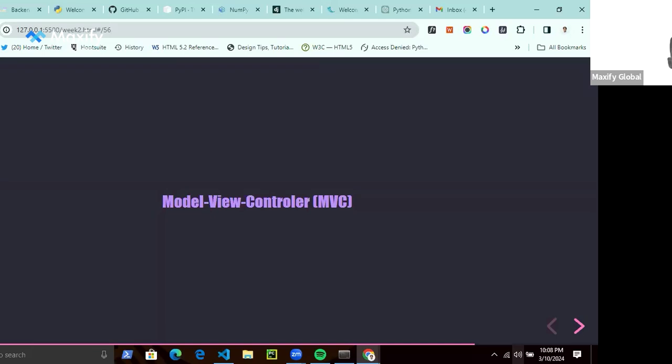Then the view layer is actually what gets rendered to the client. So if you make a request to a website, the view is what you see, the template you see as a response, while the controllers are just some functions in the server that control the logic. They are the ones that intercept every request and then send you a view. So essentially, that is what the model view controller is, just a web architecture pattern.